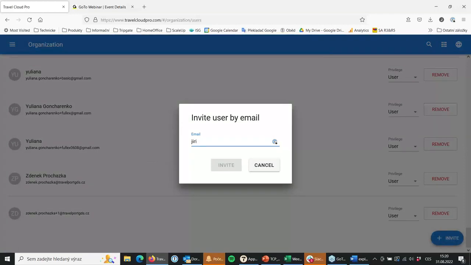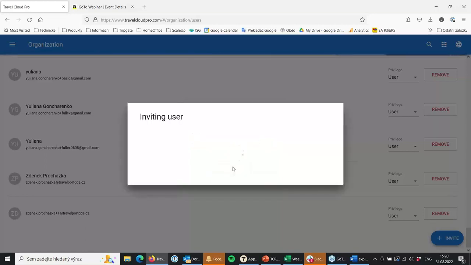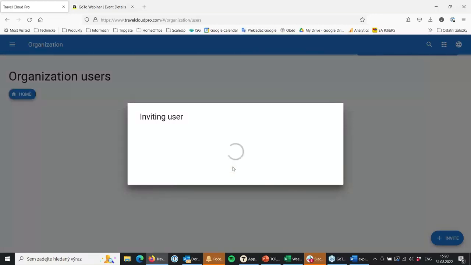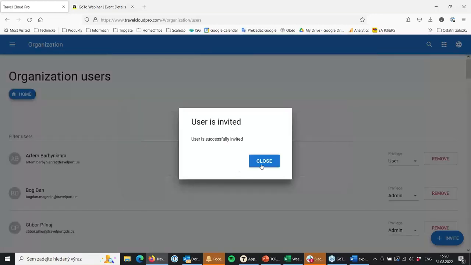I will just simply type the email address and invite the user.